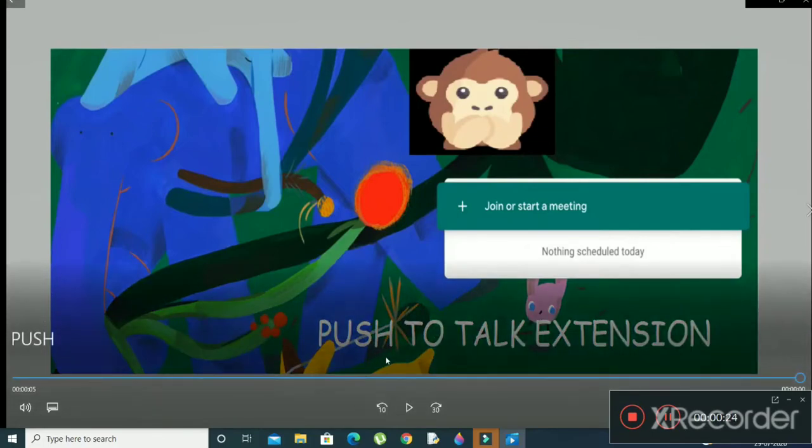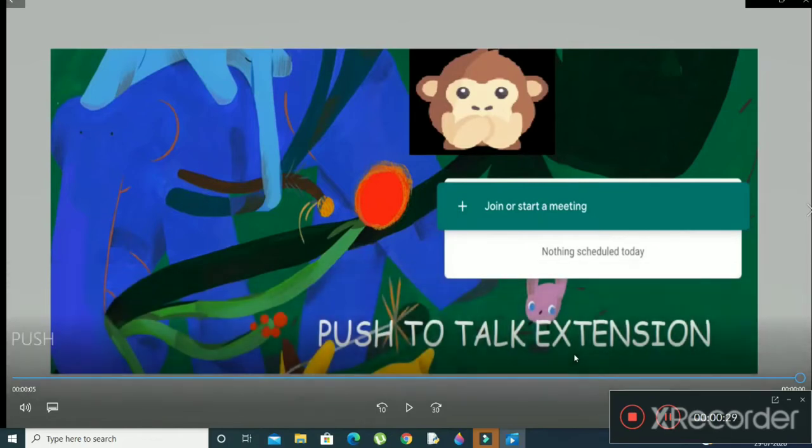The name of this extension is Push to Talk. This extension will save a lot of your time by giving the control of your microphone to the spacebar key. Friends, sometimes when we are taking or conducting a meet using a laptop or desktop computer, we have to use our mouse to click on the microphone button to mute or unmute it. Sometimes it takes time and it may be annoying when we have to give a quick response to any question and we have to unmute our mic quickly.